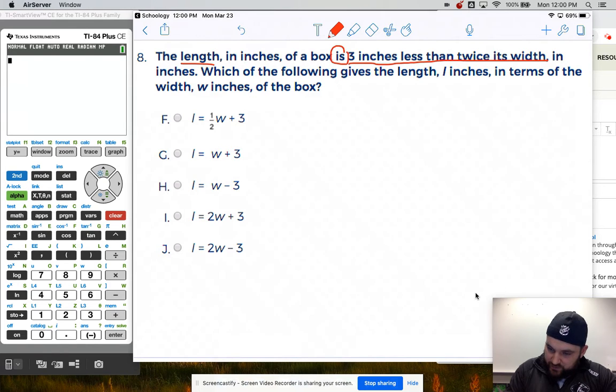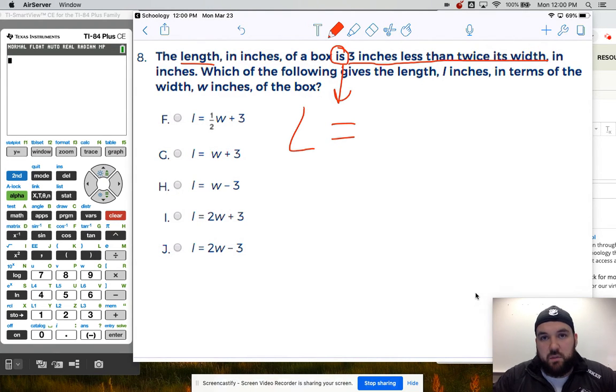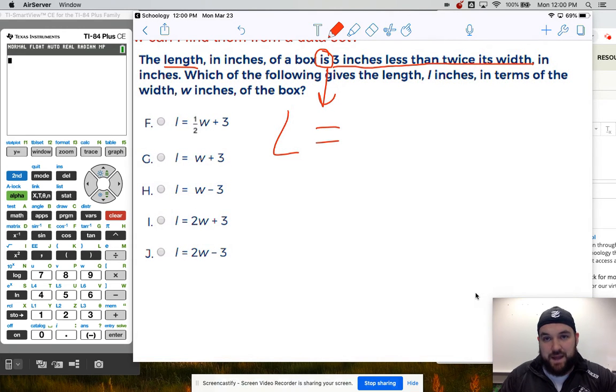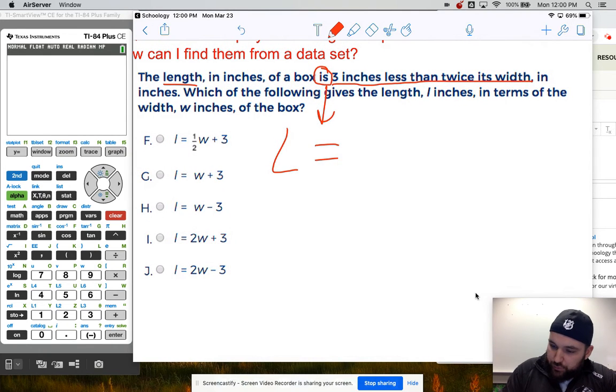Now, the word "is" is very small, only 2 letters long, but it's pretty important because that means the equal sign, essentially. In a mathematical statement, the word "is" tells you where the equal sign is going to go. So length is the same as 3 inches less than twice the width. So "3 inches less than" is kind of a misleading